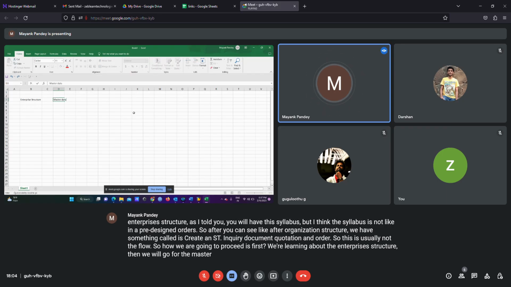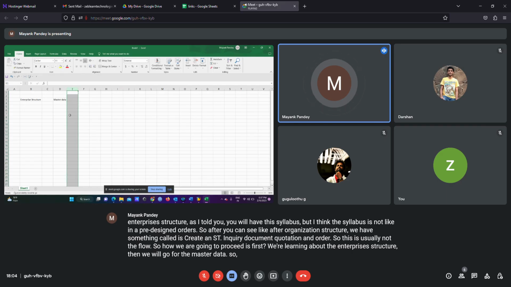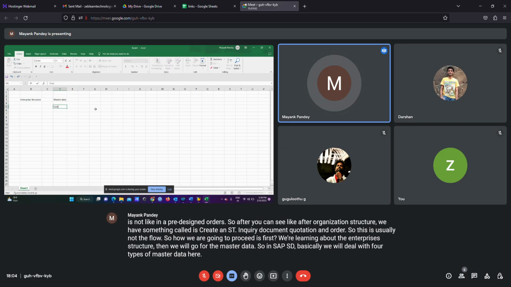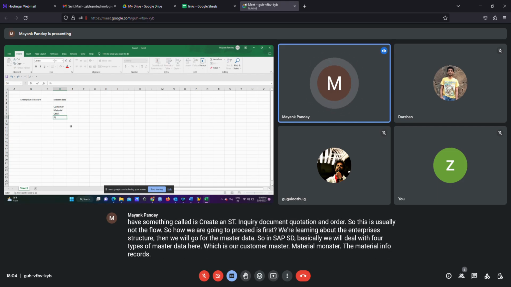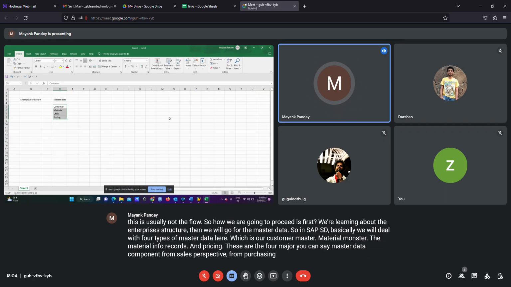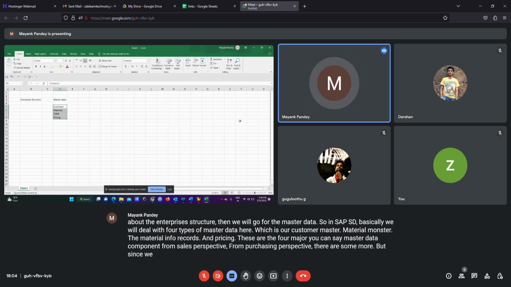master data. In SAP SD, we will deal with four types of master data: customer master, material master, customer material info records, and pricing. These are the four major master data components. From a sales perspective, from a purchasing perspective, there are some more, but since we are concentrating only on the order to cash cycle, these are the four master data that we'll be looking into.